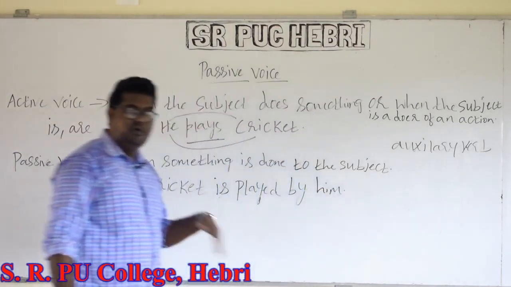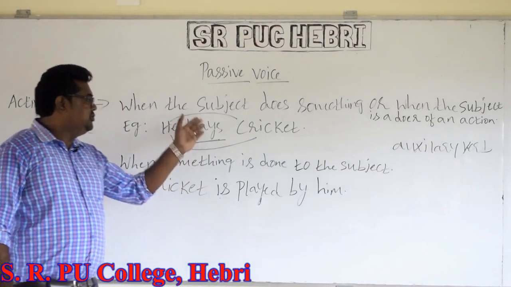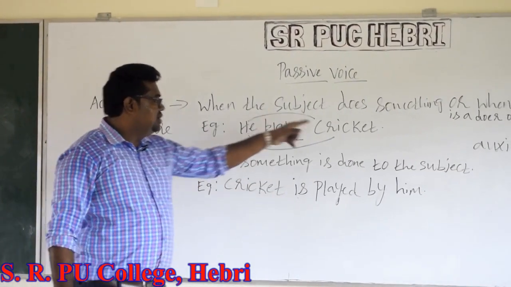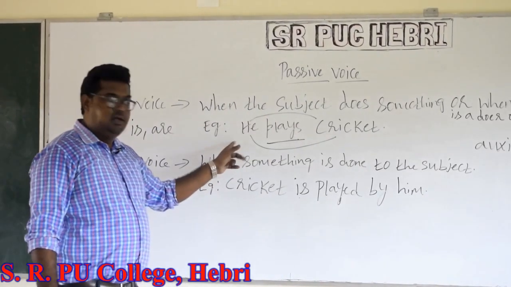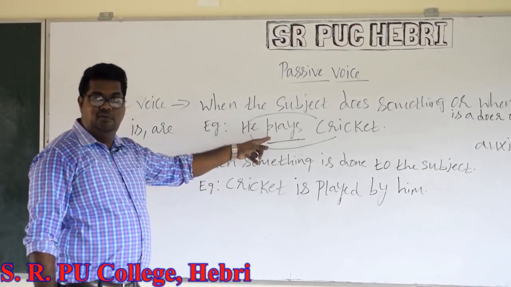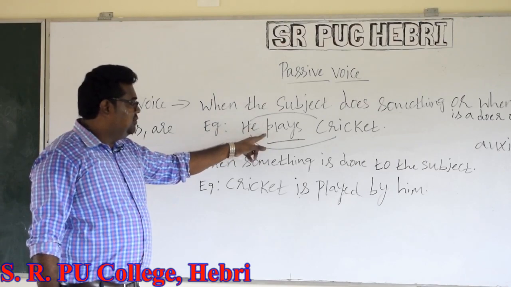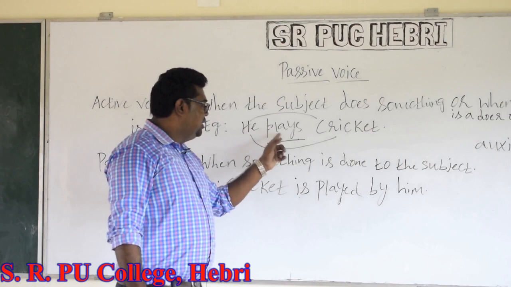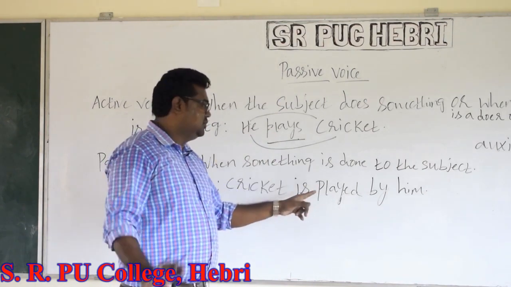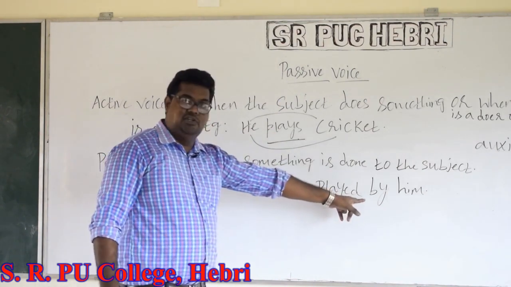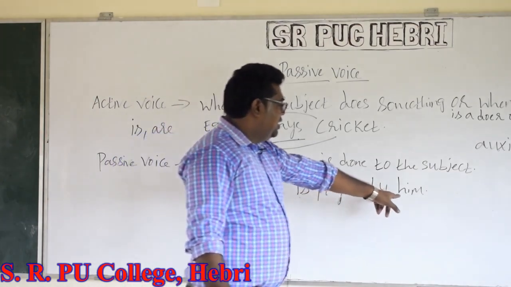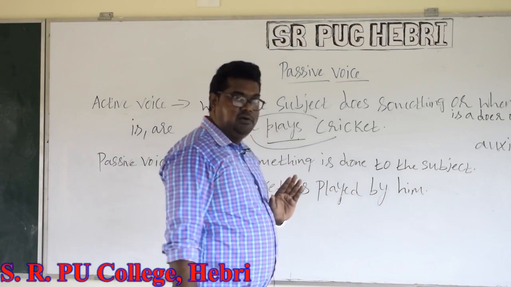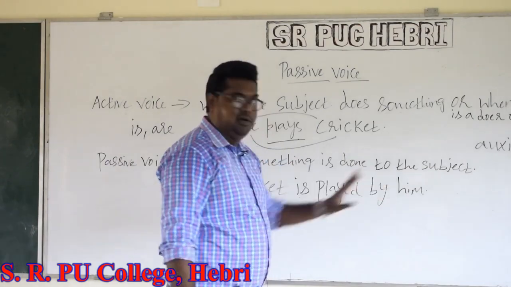So this is how we change a sentence from active to passive voice. First and foremost, interchange subject into object and object into subject. Secondly, identify the main verb, and after identifying the main verb, apply the suitable auxiliary. Then change the main verb into its past participle form. Then apply the preposition by, and finally write the object, and if the object is a pronoun, write the correct form of the pronoun.